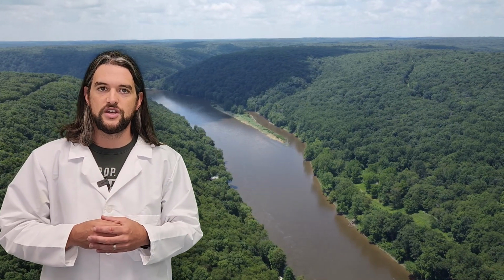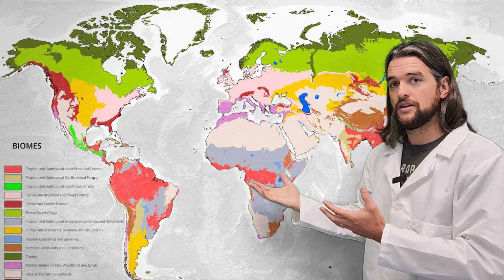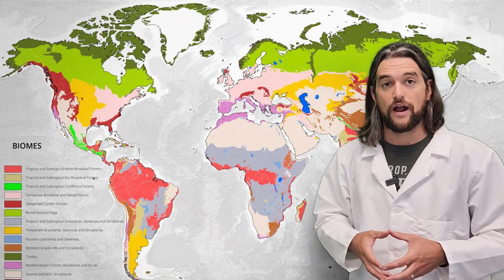The next level, a biome, is a large ecological area characterized by its soil, climate, vegetation, and wildlife. A biome may be composed of many habitats, but the temperature and rainfall usually determine the type of soil and the organisms that are found there. Pennsylvania is dominated by temperate deciduous forests, a biome with 4 seasons, regular rainfall, and trees that lose their leaves each year. Because of this, the temperate deciduous forest can support a large variety of fungi, plants, and animals. A biome map, like this, helps to show where certain biomes are found around the world.